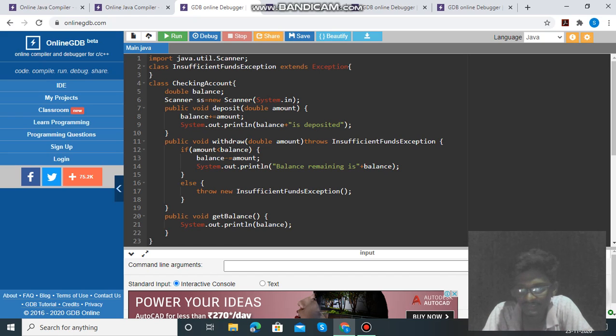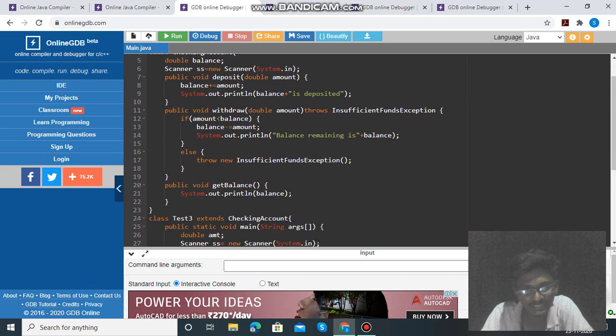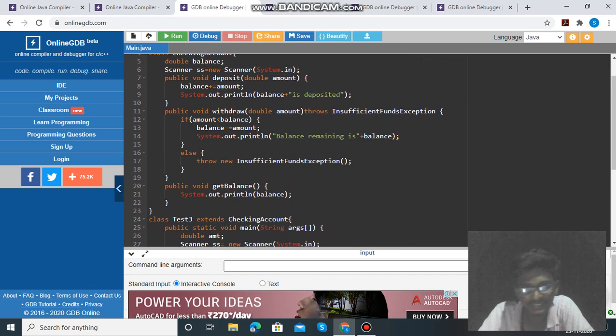Create a class CheckingAccount inside which define the methods for bank operations like deposit, withdraw, view balance. Inside the withdraw method, check if the amount to be withdrawn is greater than the balance, then throw InsufficientFundsException, else do the withdraw